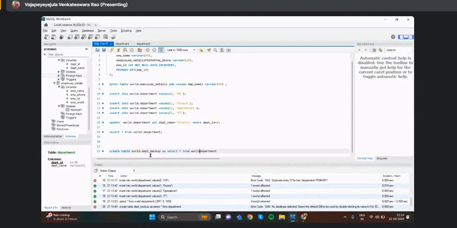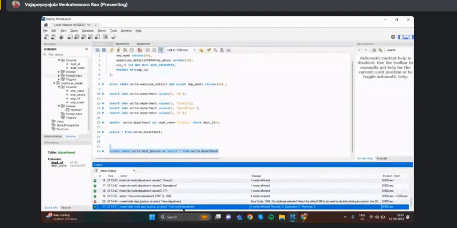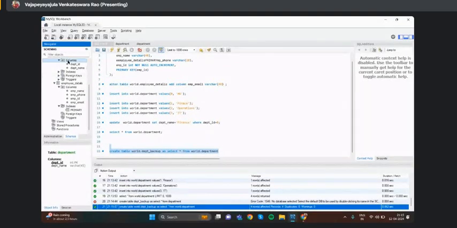So you need to mention the schema every time. I think there is a way to select that schema by default, but that's not working for some reason. It's better to mention the schema name. So, as you can see, create table department as select star from... 4 rows affected, 4 duplicates and 0, right? Now if I go and check these tables and do a refresh,